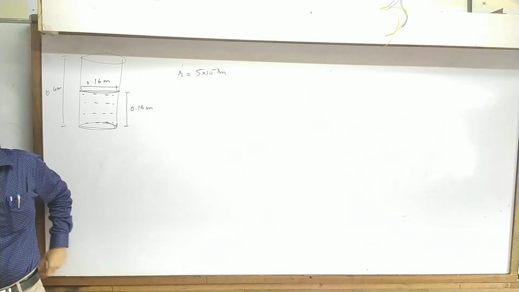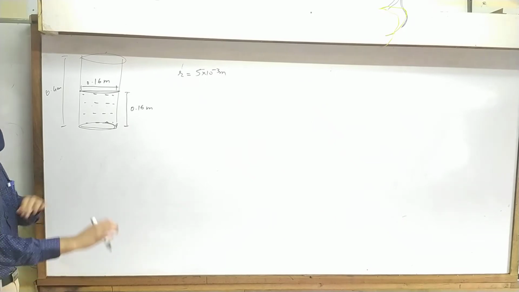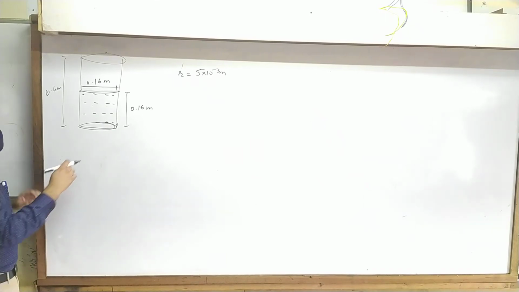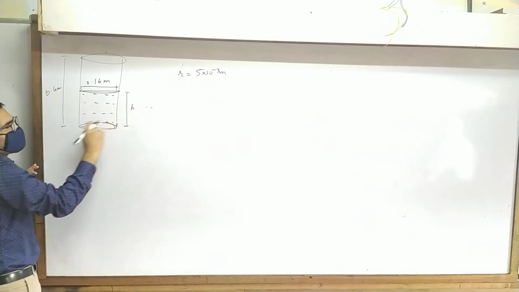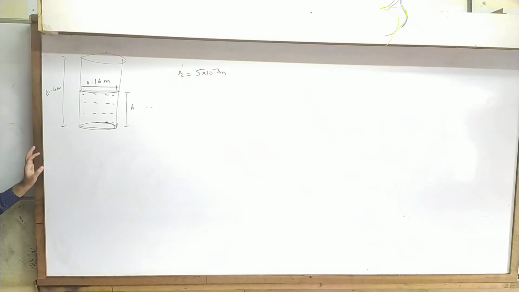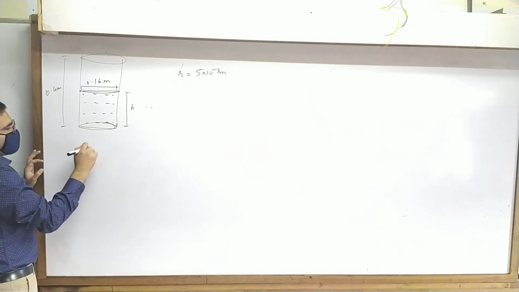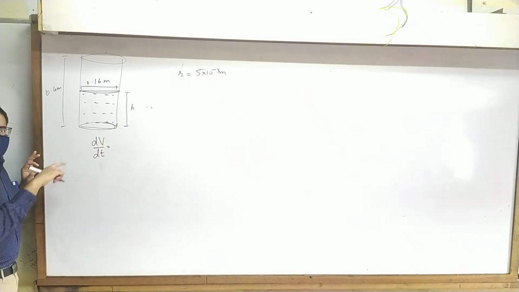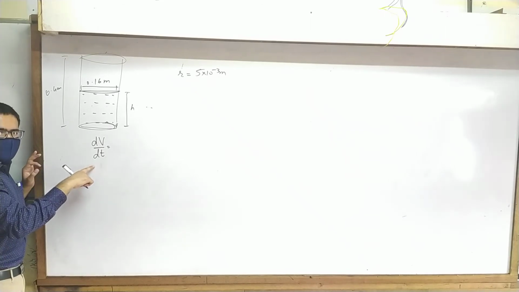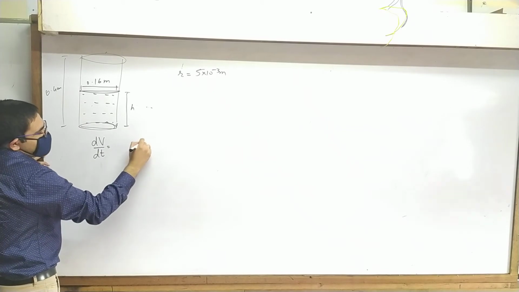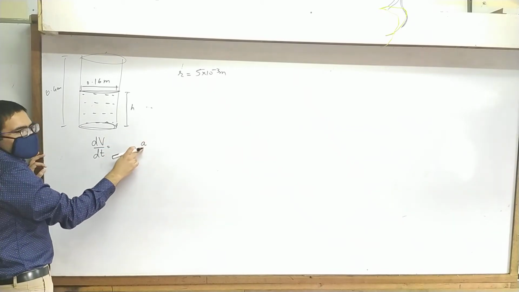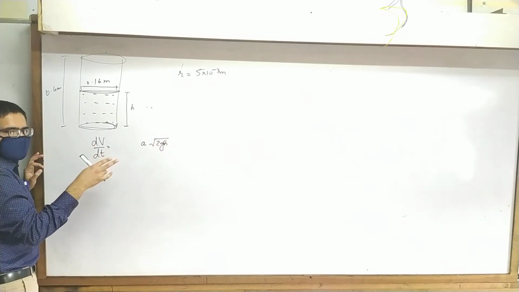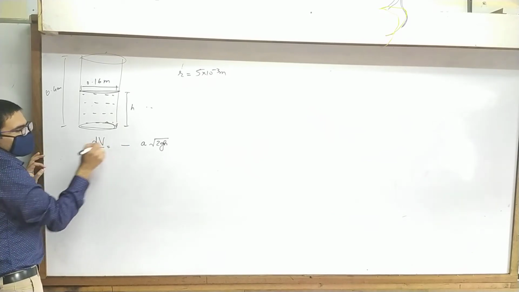Alright? So we'll have to assume some values or symbols. Let's say at some particular point of time, this height is x, or this depth of hole is h. At that time, the volume flow rate, that is nothing but dV by dt, the rate of change of volume with respect to time, is going to be the area of hole, small a, into V, that is under root 2gh. This is volume flow. Correct? But we should put a minus sign.